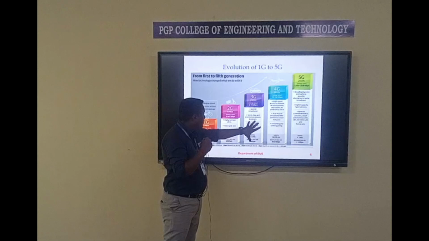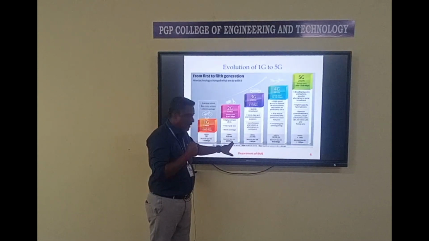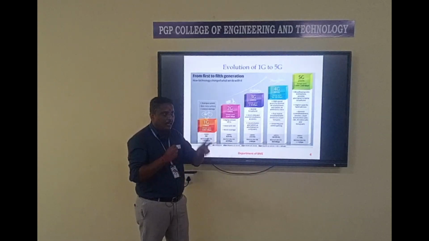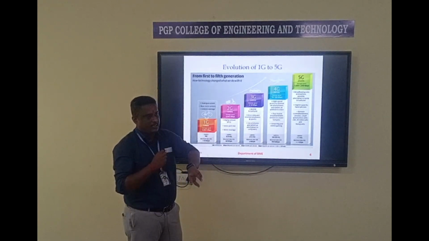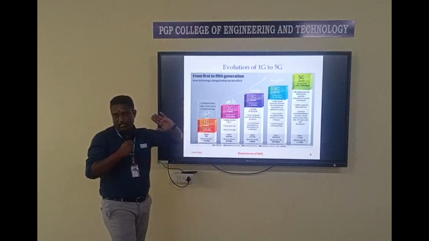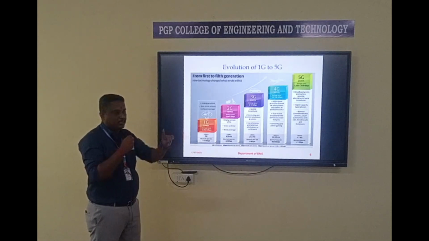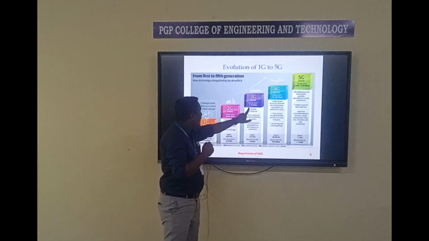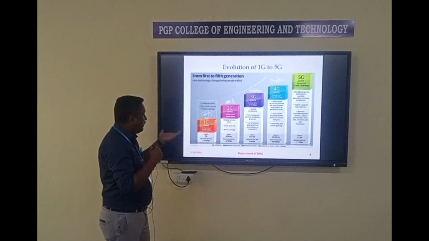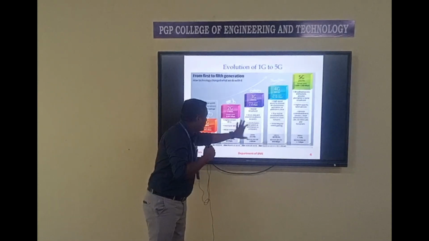In the third generation, the maximum data rate is increased from kilobits per second to megabits per second, 2 Mbps. The units are kilobits per second, megabits per second, gigabits per second and terabits per second. So this is the hierarchy of data rate, the speed units: kilobits, megabits, gigabits and terabits. Then 3G is used for voice, data, internet and mobile phones. All the multimedia is also supported, with video calling and all implemented in 3G technology.